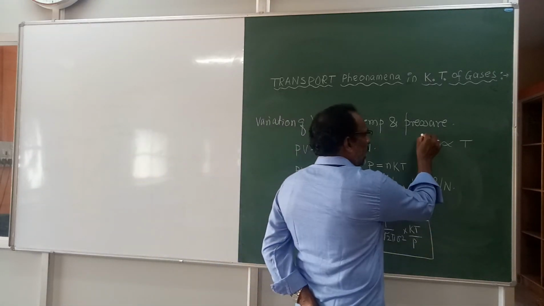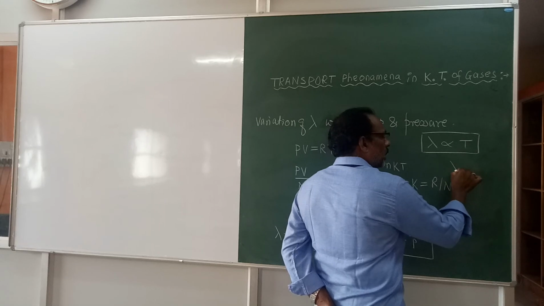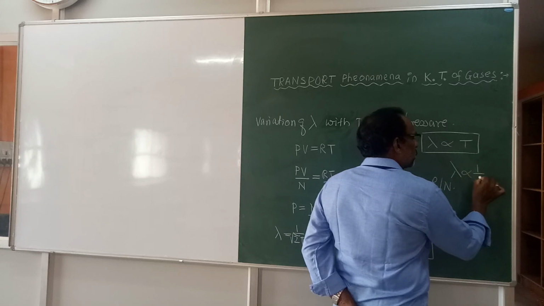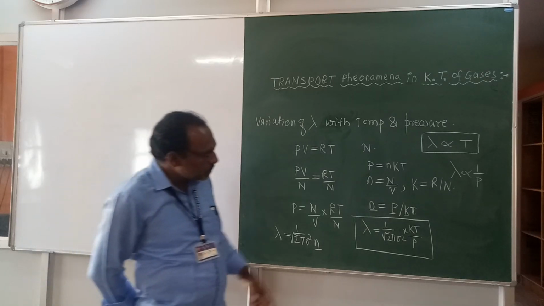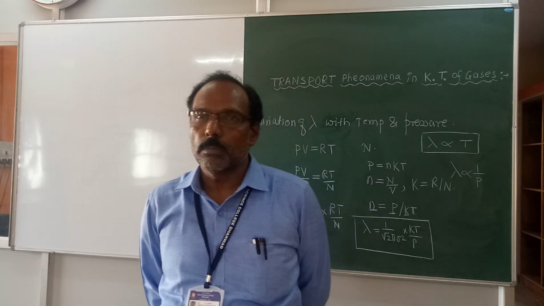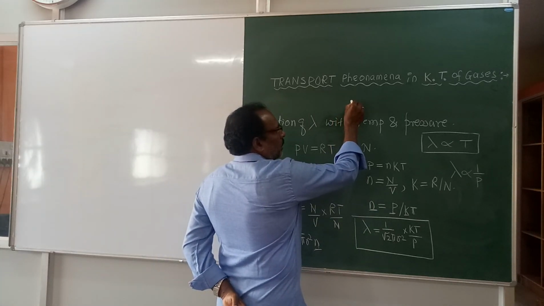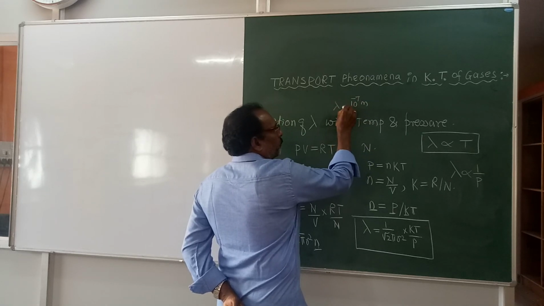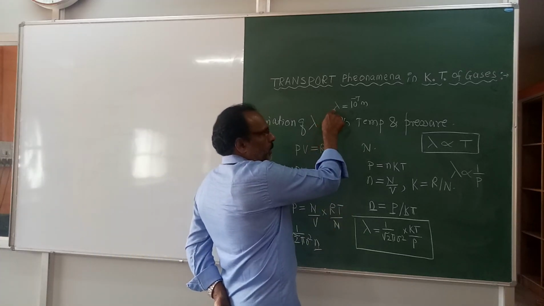Mean free path of a gas is directly proportional to the absolute temperature, and also mean free path is inversely proportional to the pressure. And this is how, as the temperature of the gas increases, mean free path of a gas increases. I have given, that is 10 raised to minus 7 meter, the lambda for air molecule at room temperature. At room temperature, if the temperature increases,